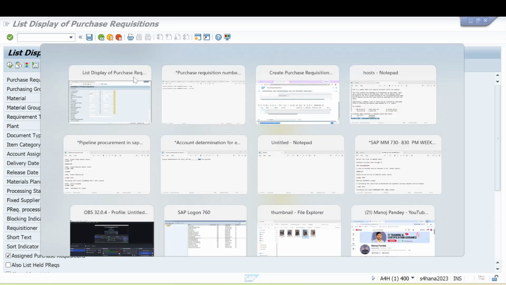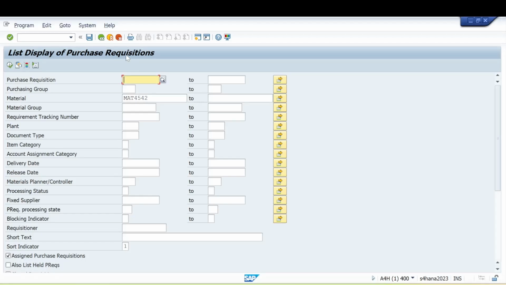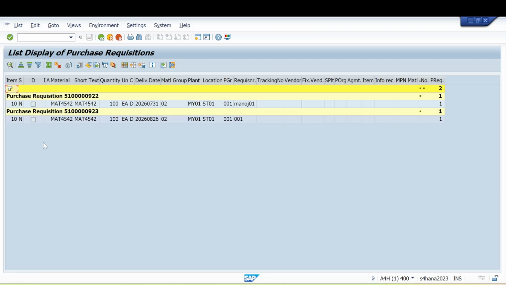Or let me give the purchase requisition number here. Just execute. See, both are visible. This one I created using GUI, and this one I created using the Fiori tile, right? So both we can see in the database of the GUI itself.